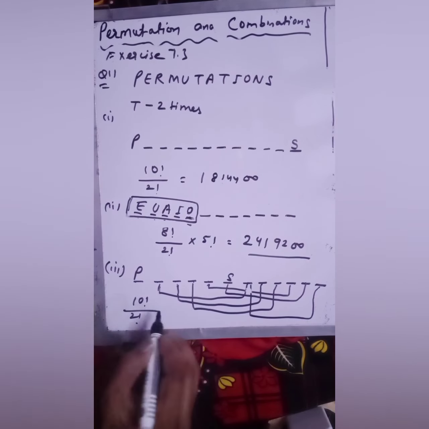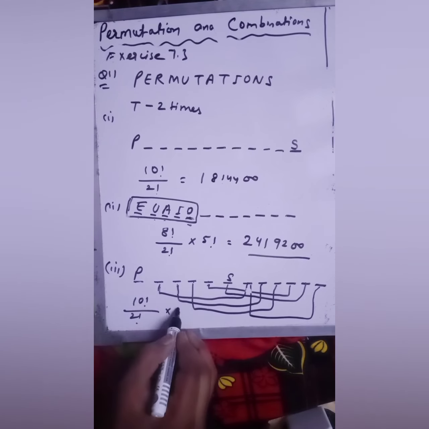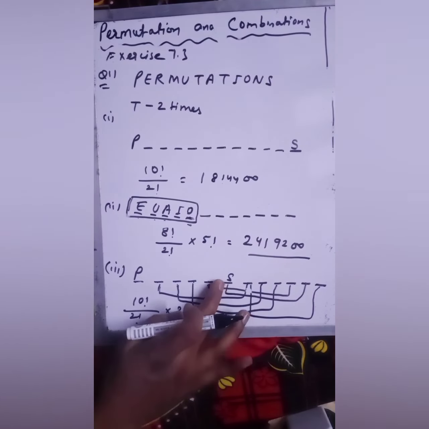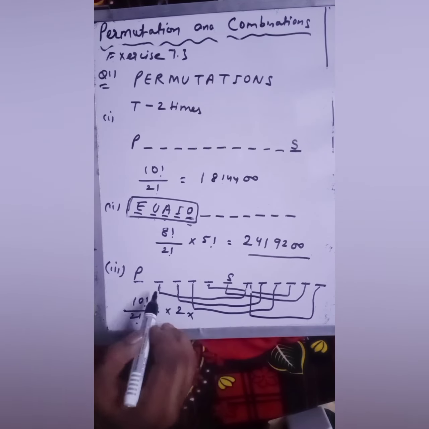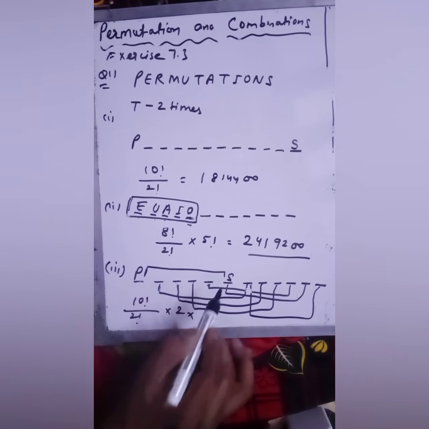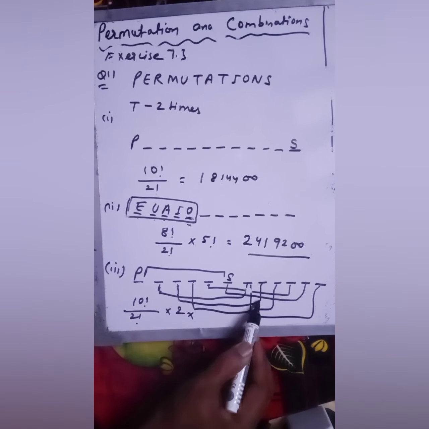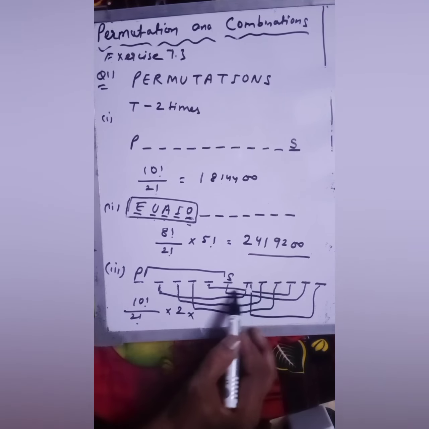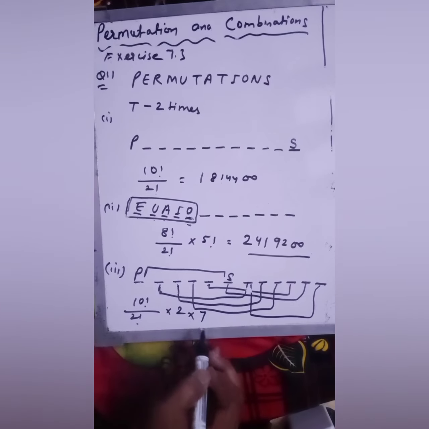Now after that, into, for this P and S, this P comes here, this S also comes here, so for this P or S you have 2 choices. At the place of S you can write P, and at the place of P you can write S, into. Now see, this is your first step, this is your second, this is your third, this is your fourth, this is your fifth, this is your sixth, and this is your seventh. So there are total 7 steps again you can take.